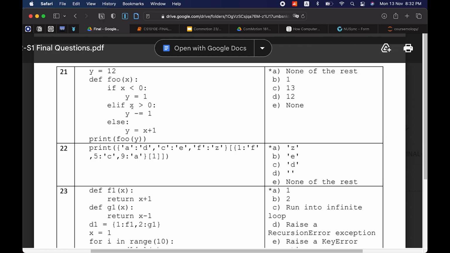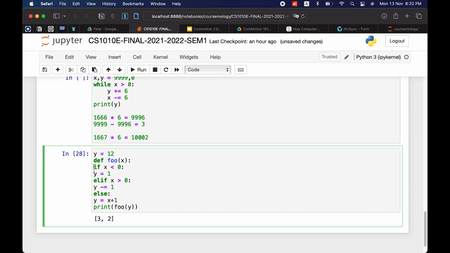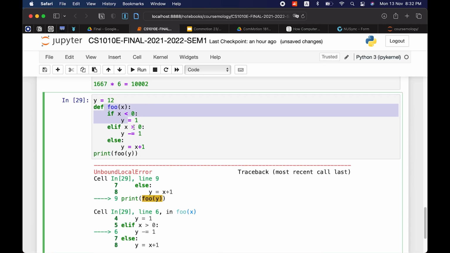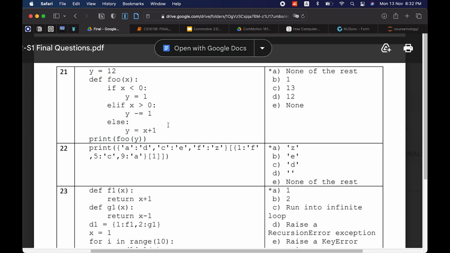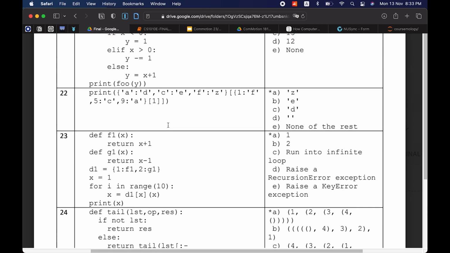And so now y is 11. Y is 11. You can check. Oh, okay. Oh yeah, sorry. We didn't define it. That's fine. I got fooled also. We didn't define it.